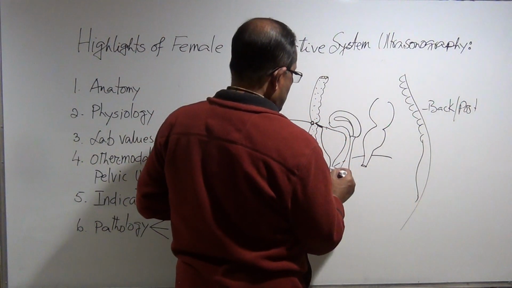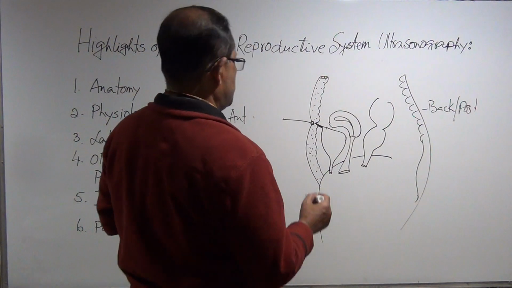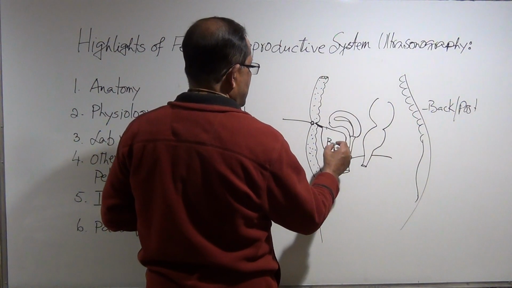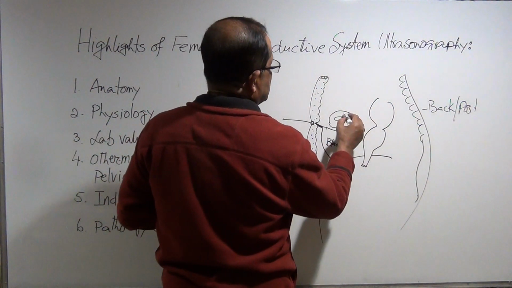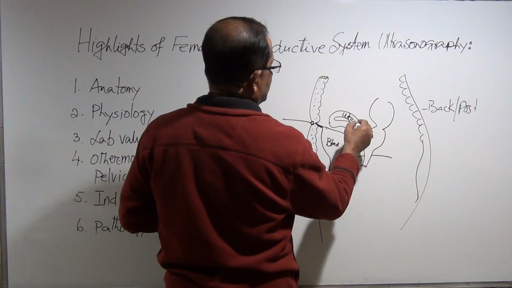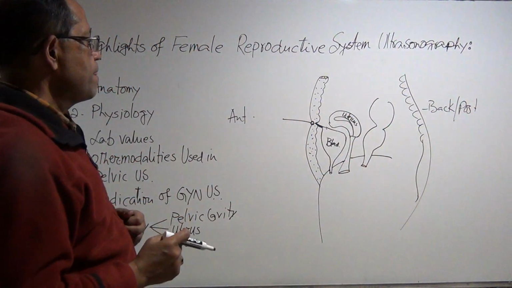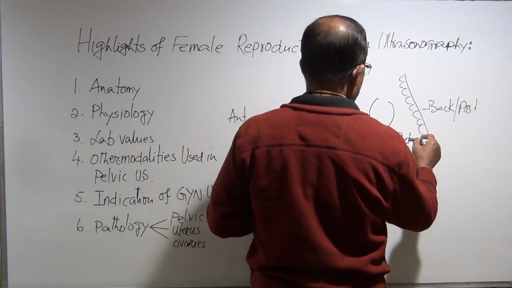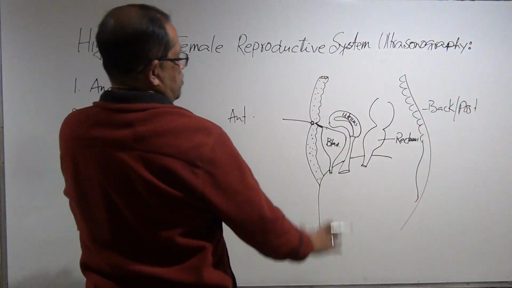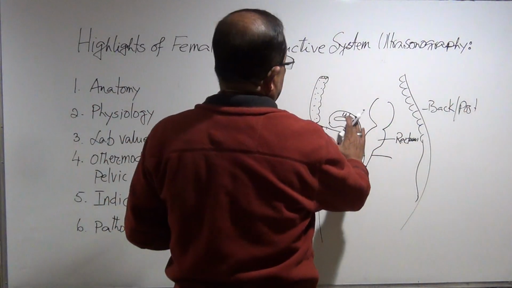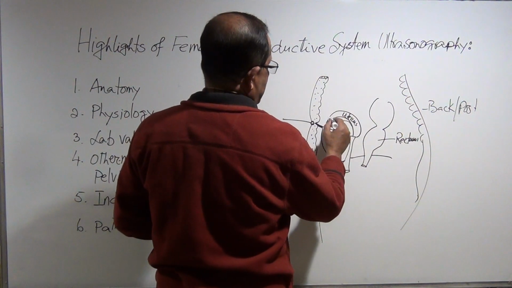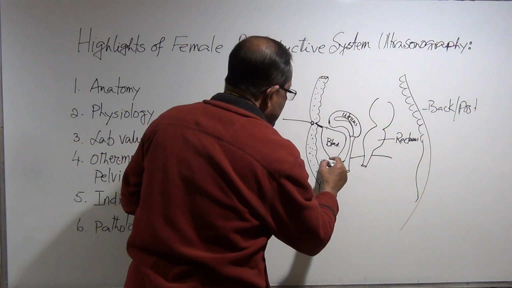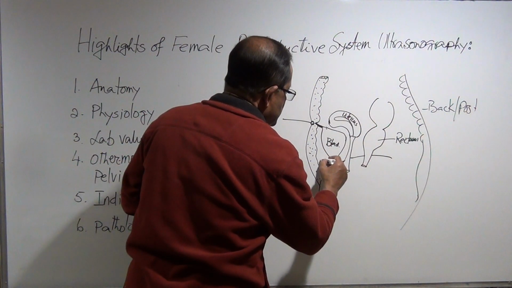So now the three important structures I drew, or the organs. So this is bladder, this is uterus, okay, and this is rectum. So rectum is more posterior, bladder is more anterior, and the uterus and vagina is in the middle. Okay, and here there is a symphysis pubis,